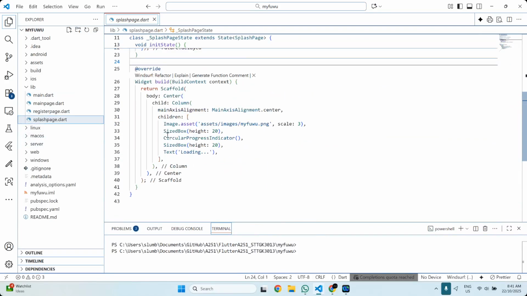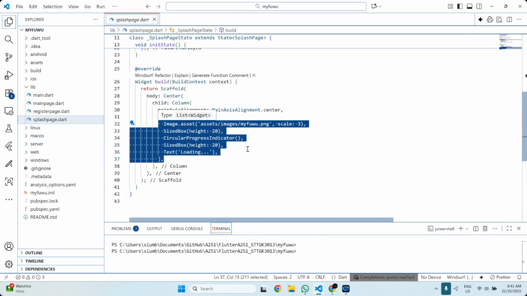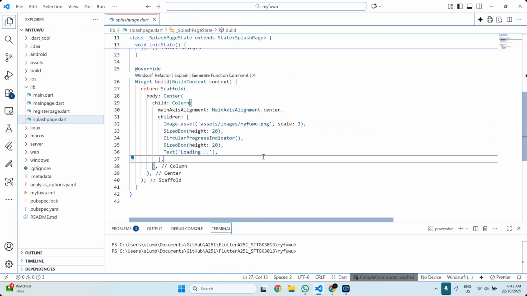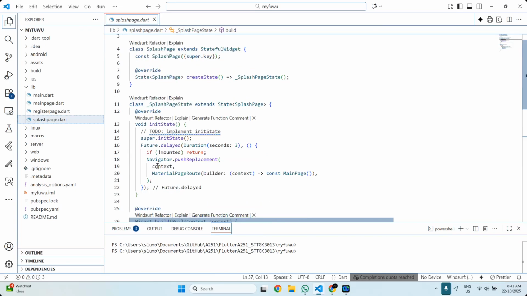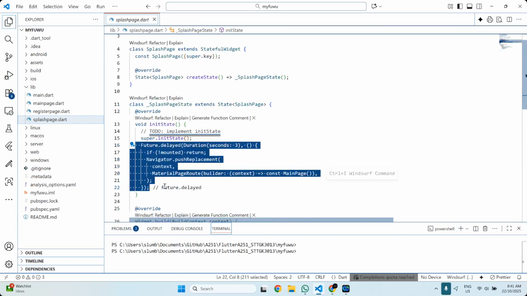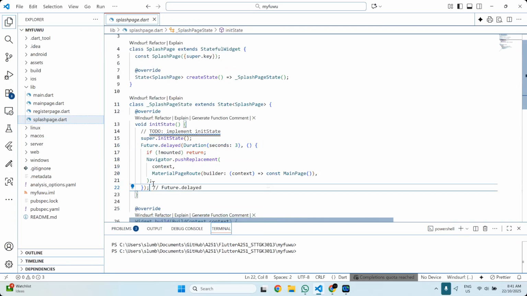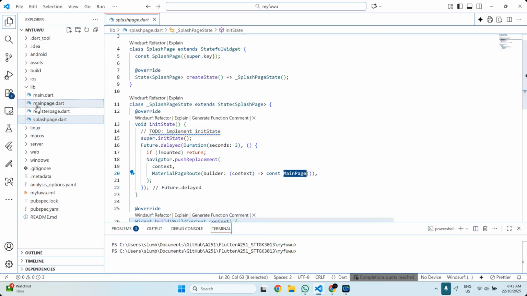The splash page basically contains the standard widget tree or widget list for the splash screen, and then with a future delay set to 3 seconds, it navigates to the main screen, the main page, which is handled through main page